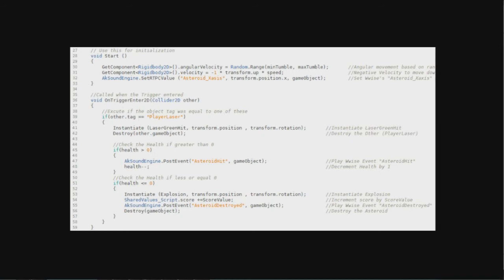So asteroid hit and asteroid destroyed are just the events that I named. They're the play events from Wwise. I named them asteroid hit and asteroid destroyed. So again, you can name them anything that you want to, but you just need the AkSoundEngine.PostEvent, the event name, and game object. Game object I don't even think is required at this point, but I got in such a rhythm of using it with the